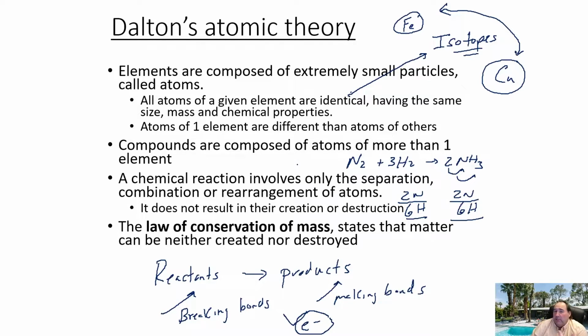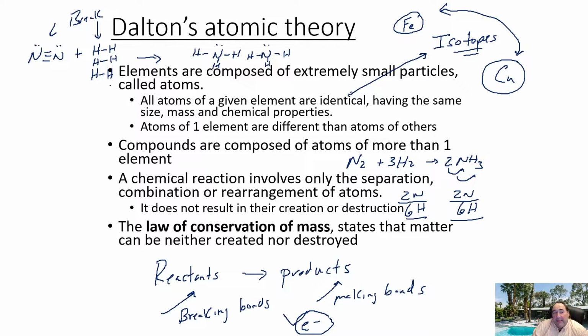They just get rearranged. So for example, here, at the beginning, we have nitrogens attached to each other plus 3 hydrogen gases. And all these bonds here break, and they get reassembled and actually form a new compound. In this case, we get ammonia, which looks something like this. Later on, you'll be able to draw this yourself. We actually have a couple of these guys here.